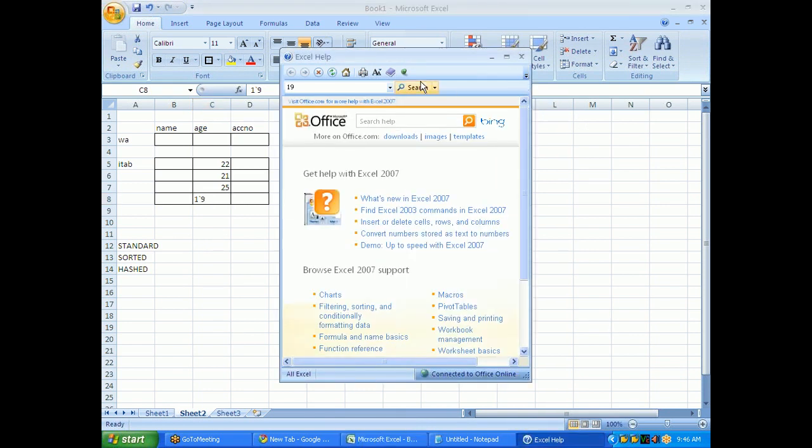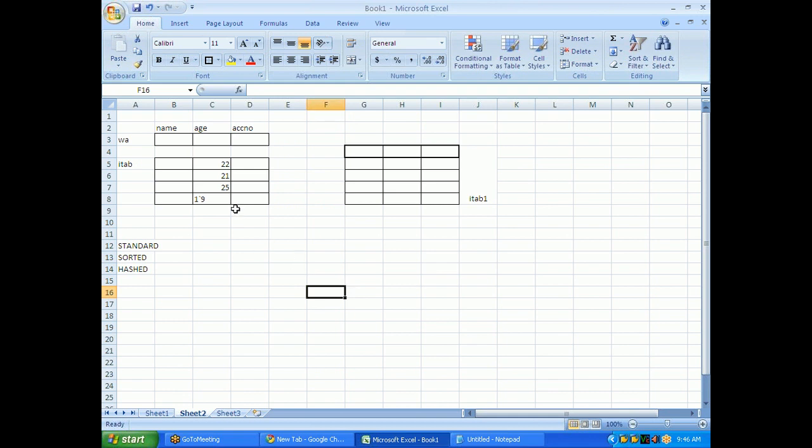The records will automatically get sorted. So 19 will go first, then 21, then 22, then 25. The table will automatically get sorted if you declare the internal table as a sorted internal table.